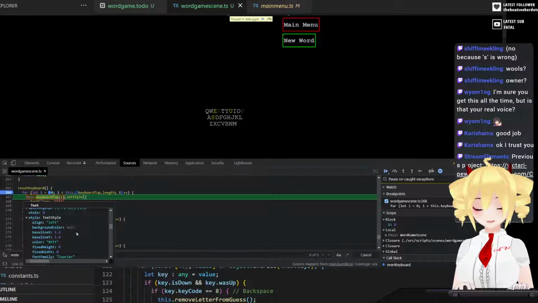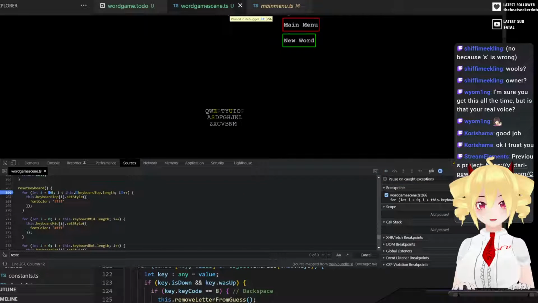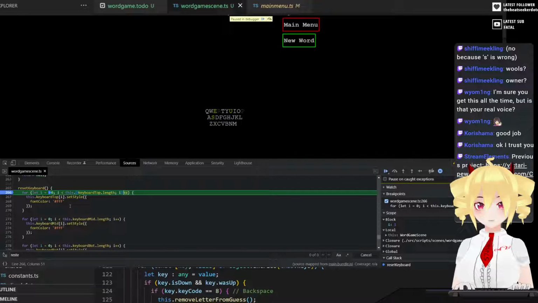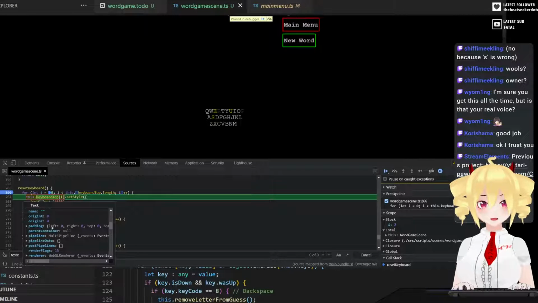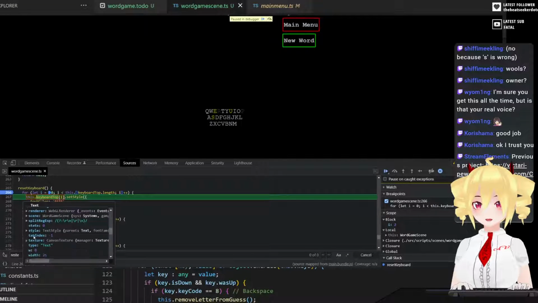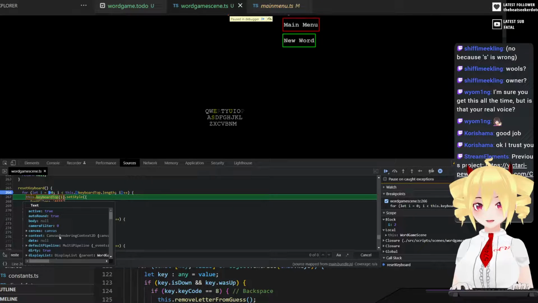So, there's the style object. Color's white. Oh, because that's the Q. Alright, this should be the E, right? Alright, so that looked like it's the, and it's got the style set to